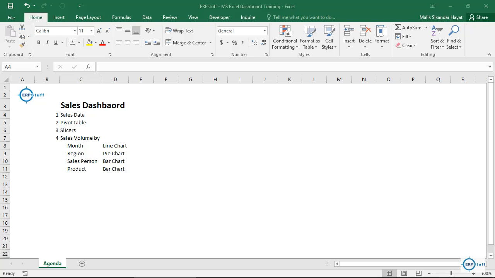Today we'll try to cover dashboards, and we'll create one dashboard on our sales data, which will be our sample data. In this we will be using pivot table, slicers, and we will be creating a few sample charts, which will be monthly sales chart, region wise, sales person wise, and product wise, which you can further extend as per your requirements. Okay, now since we need data, we don't have original data, so we have sample